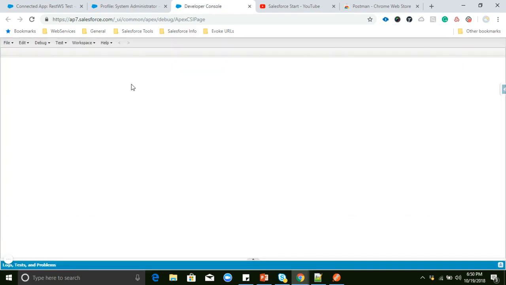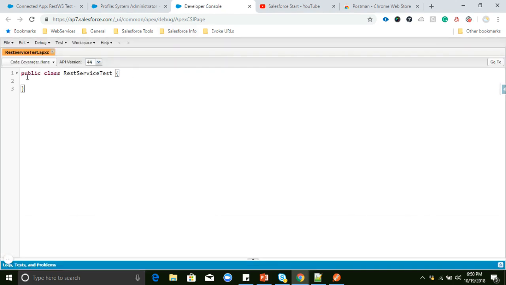In this class I have not written any code, it is just a simple class, I'm only printing some debug here. So again I have to write the RestResource URL mapping.